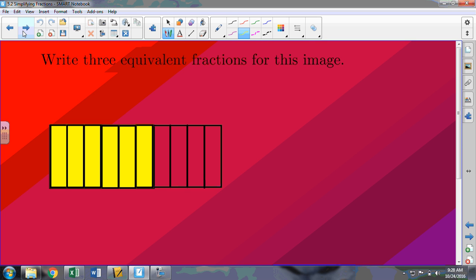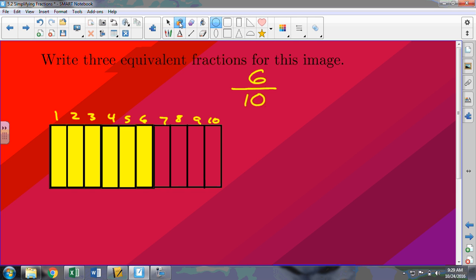Of course, when we're looking at it, we can start off with 1, 2, 3, 4, 5, 6, 7, 8, 9, 10. Looking at them, that would give us 6/10. And we saw with equivalent fractions that we could block this a couple of different ways. For instance, we could look at this, and if we were to split them up into blocks of size 2,